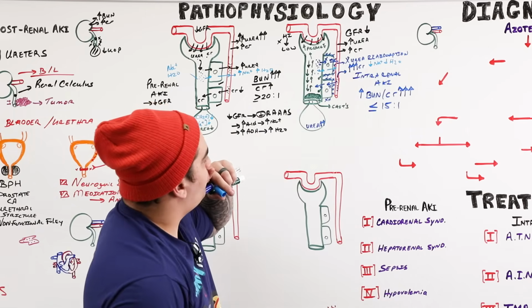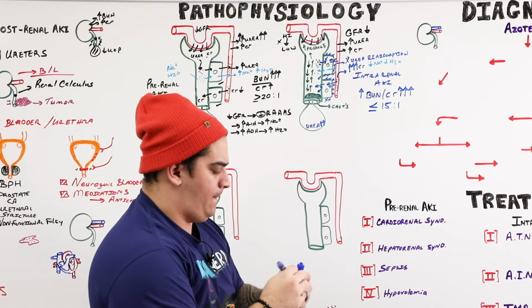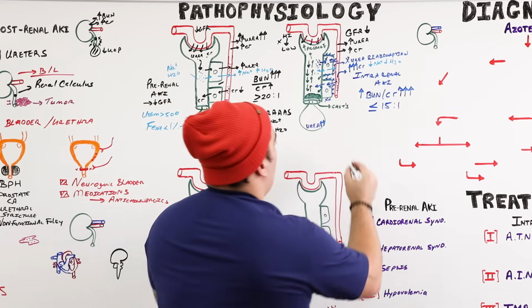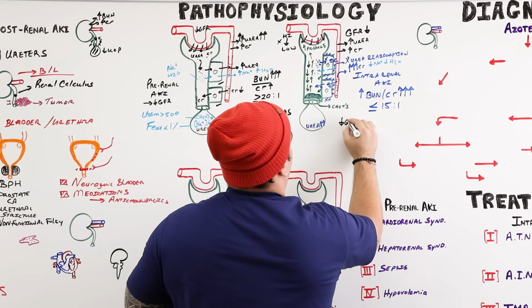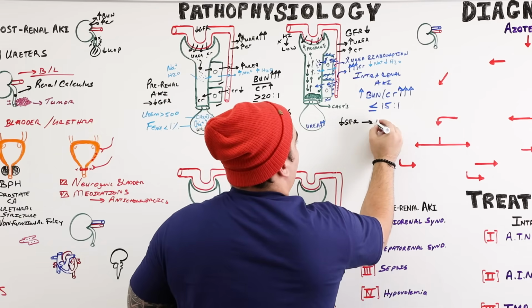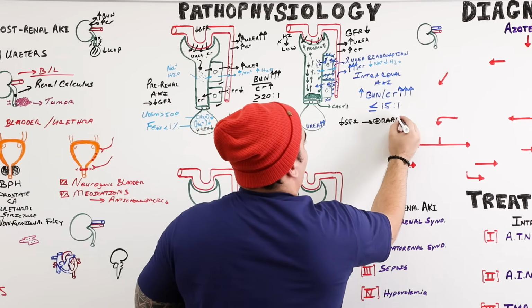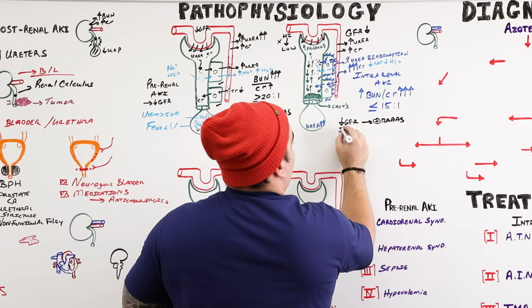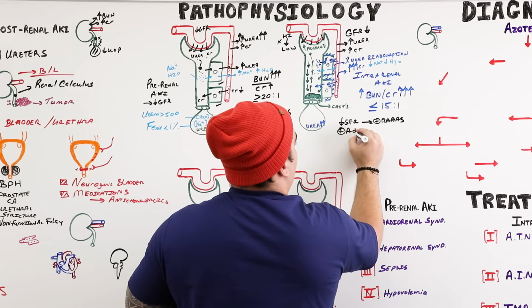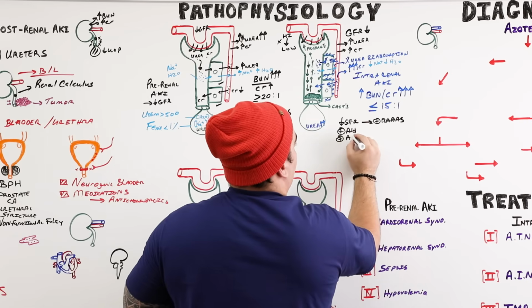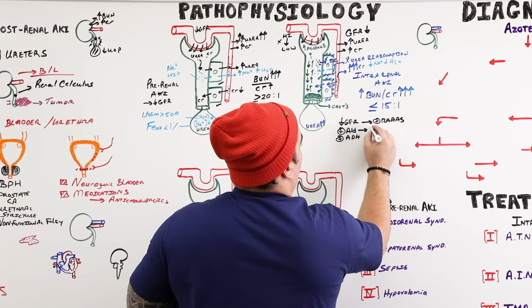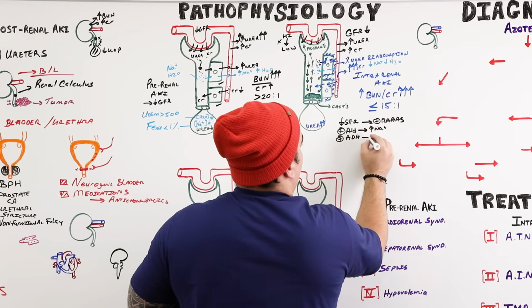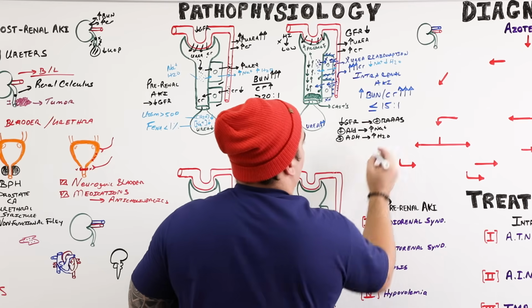The other thing, when you have low GFR, oh man, we're so good engineers. When you have a low GFR, what should this do? Should stimulate the renin, angiotensin, aldosterone, ADH system. And you should have the production of aldosterone. You should have the production of ADH. This should want to reabsorb sodium. This should want to reabsorb water.